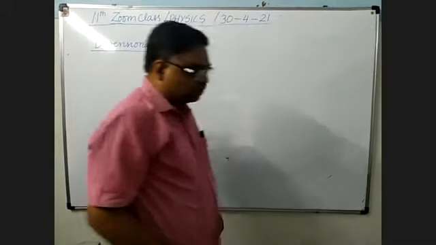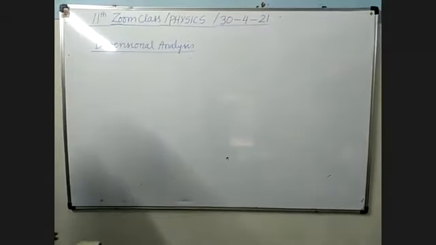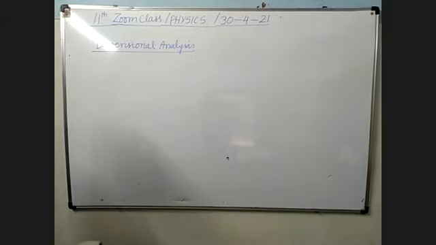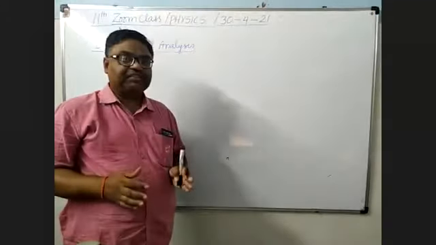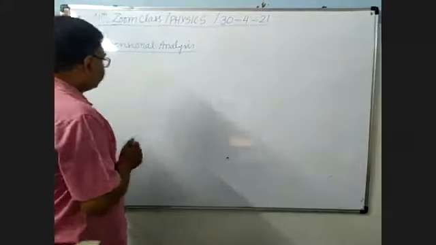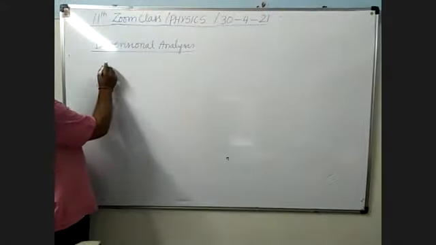Now, all of you see here, in the previous videos, I have told you about the SI unit and their standard definitions. It's clear. You know that there are 7 fundamental quantities and 2 supplementary quantities. This is the basis of the whole unit system. These 7 units are the basis. Now, what are the fundamental quantities that you know?